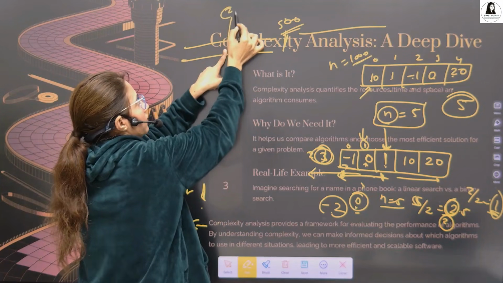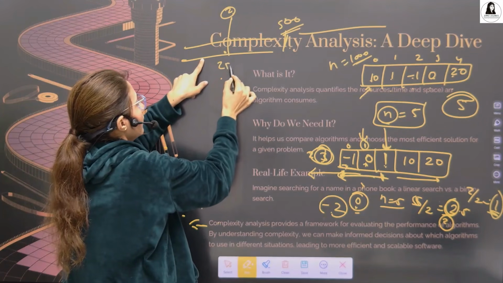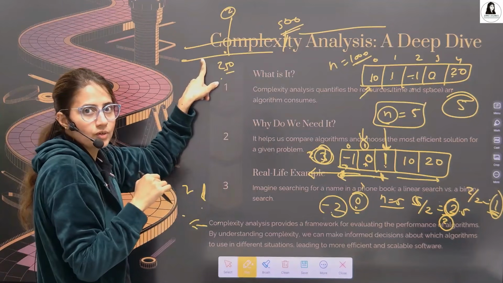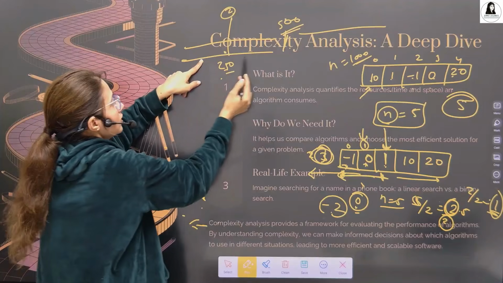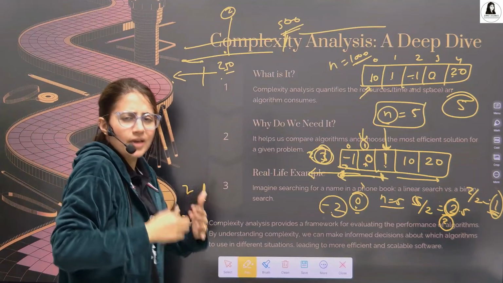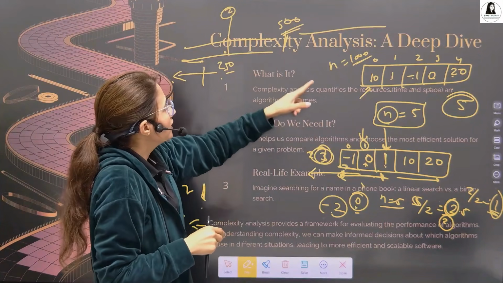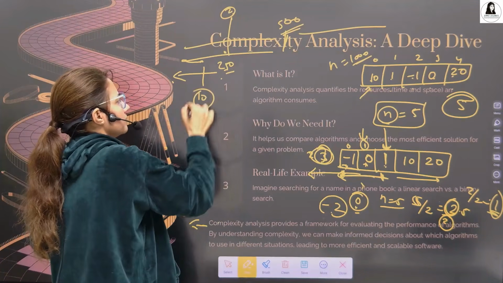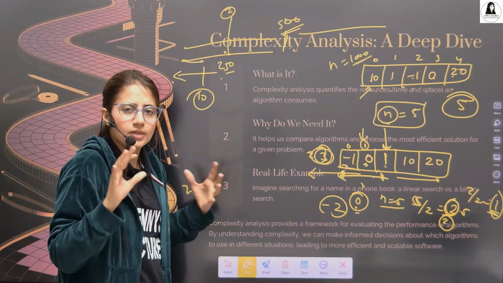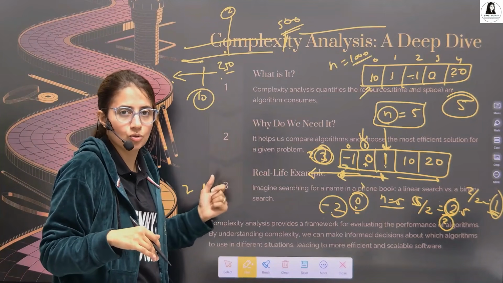Again we compare with this, so 2 comparisons. It's like 250, almost half. Again, if the data is on the left-hand side of 250, we divide by 2 again. So there are very few comparisons compared to linear search. In this case we will have almost 10. Within 10 comparisons, within 10 operations, you are going to get your output, whether that element is present or not.